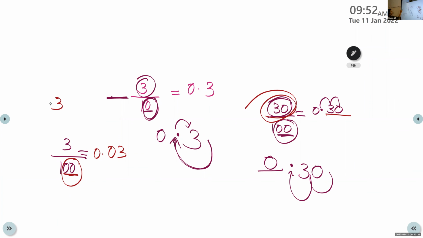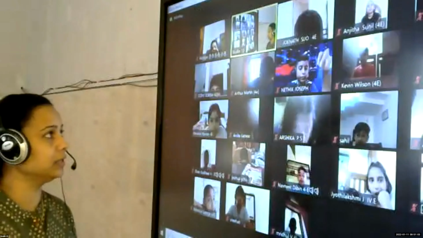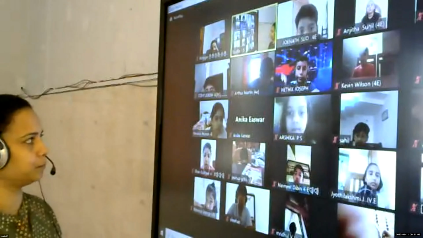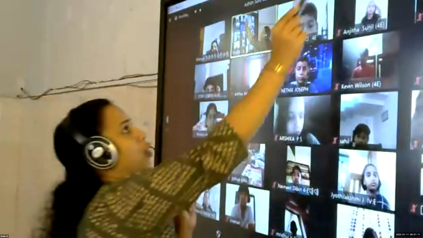So what do we have to do? We have to place a 0 in front, not to the right side but to the left side. Then you can place the decimal point. There are 2 zeros, so you have to count 1, 2. After 2 digits, you place the decimal point and the whole number, that is 0. So 0.03. That is what, children, we have done for converting fractions to decimals. Is that clear? Only write the numerator. Then check in the denominator how many zeros are there.